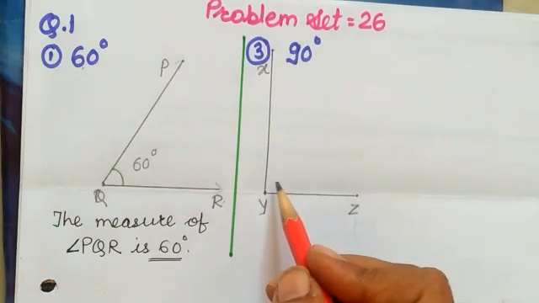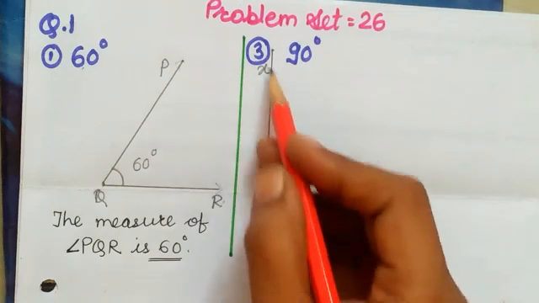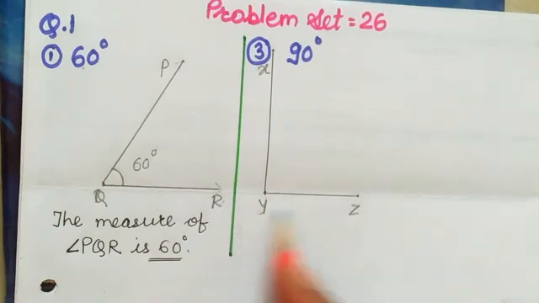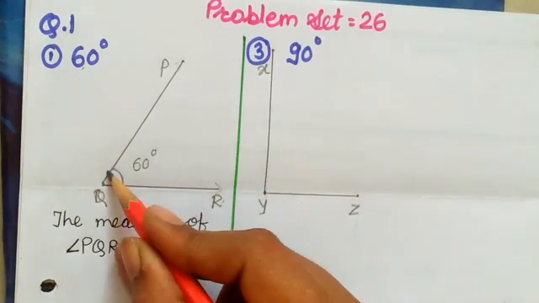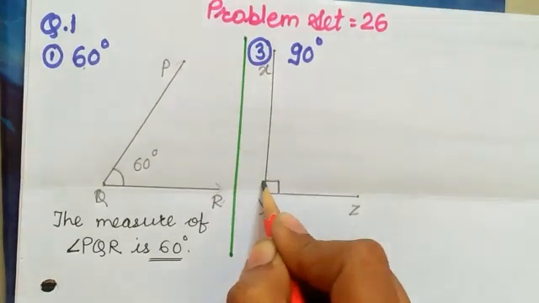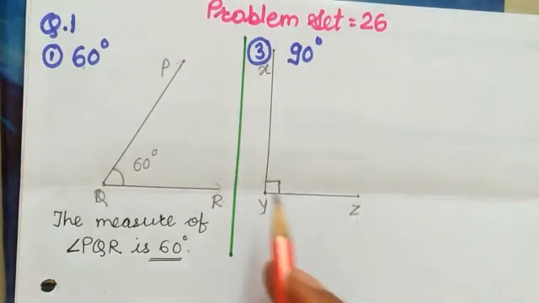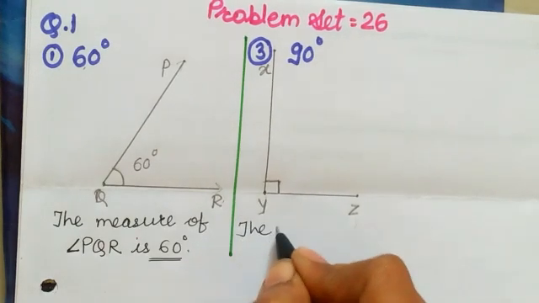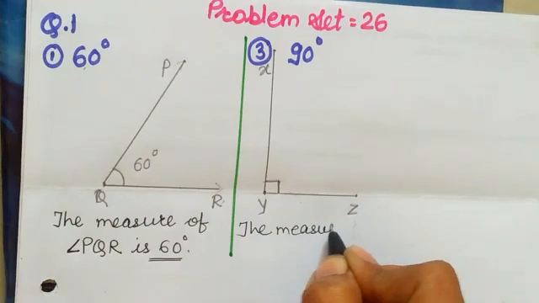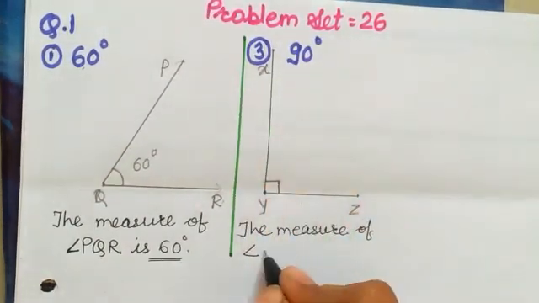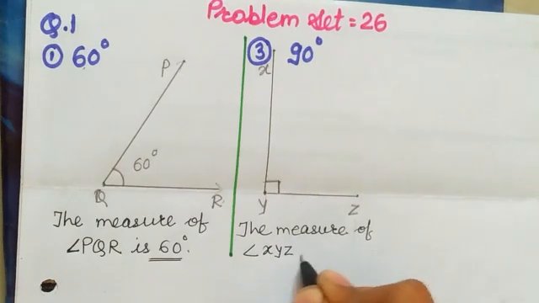But students, here you cannot make the arc because XY is creating a perpendicular over the line YZ. So instead of this curve, we will place the symbol like this, which shows us the measurement. The measure of angle XYZ is